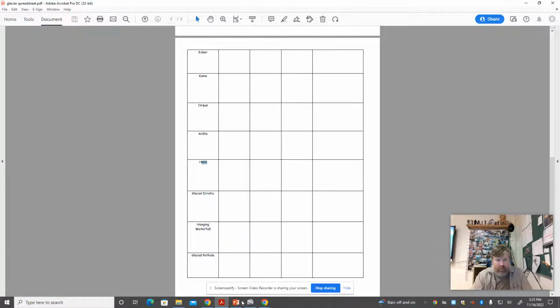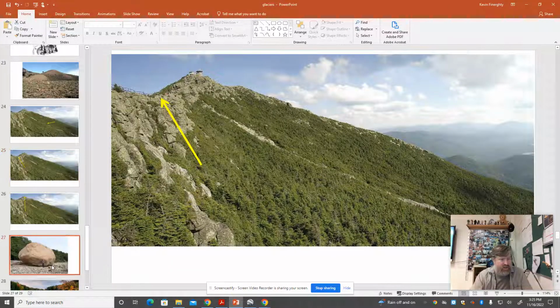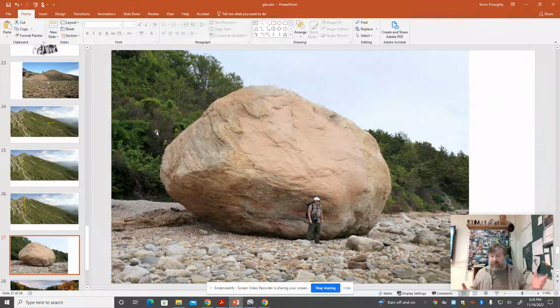All right, what else we got? A couple more. Glacial erratic. If you drive around upstate New York a little bit, you're going to spot these things. If you see a giant rock that looks like it doesn't quite belong, it's most likely a glacial erratic. Yes, you can buy these from landscape companies, but it's relatively expensive, and there's enough of them just around. So look out at farm fields as you're driving around, and occasionally you're going to see just a big old